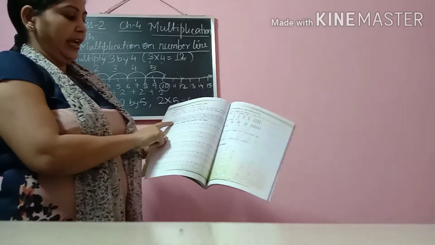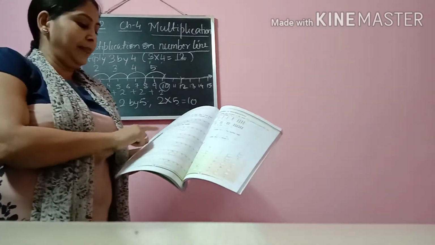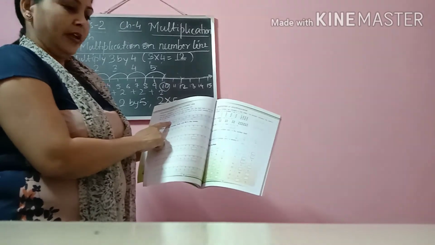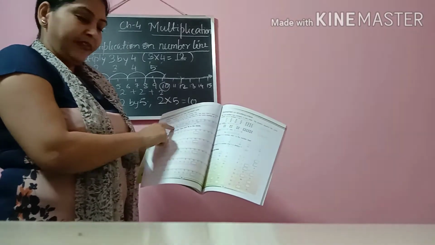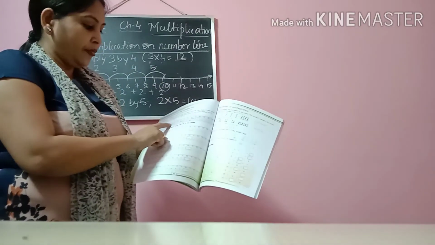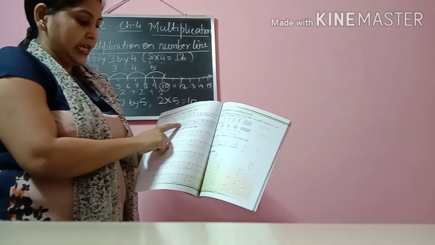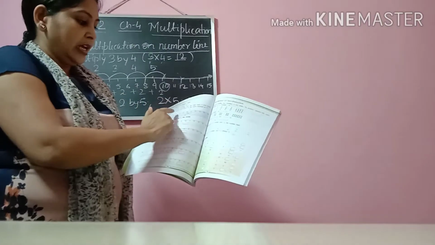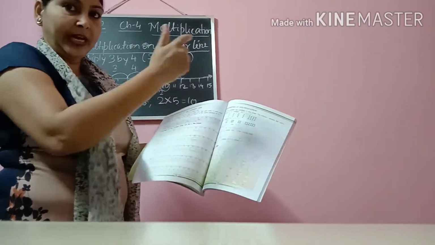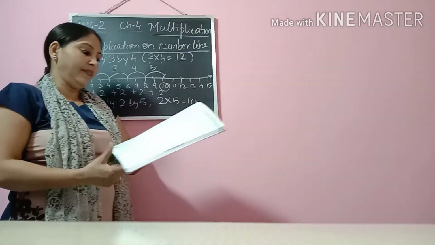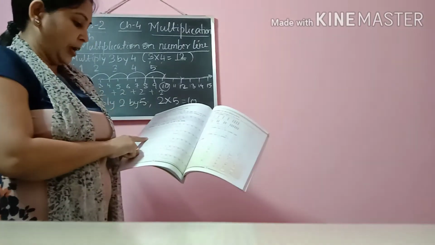Okay. In the same way, the first question, 3 multiplied by 4. 1, 2, 3. We have landed on 3. Then we will not count 3. We will count from 4. 1, 2, 3. Then it's coming 6. Then again we will leave 6. 1, 2, 3. So we are reaching 9. In this way we will do. So you see the next one.